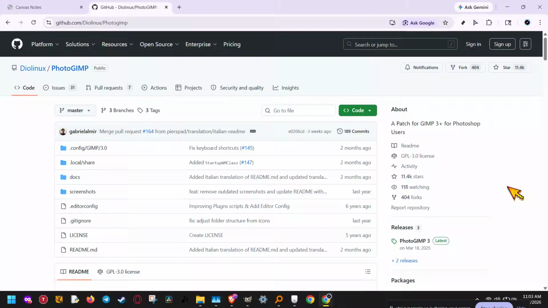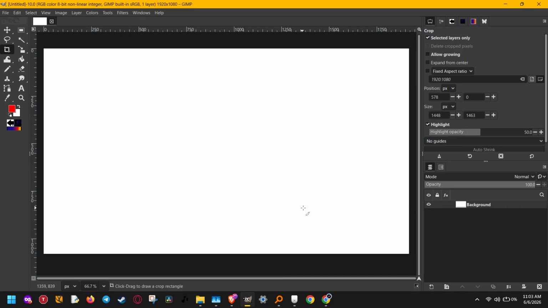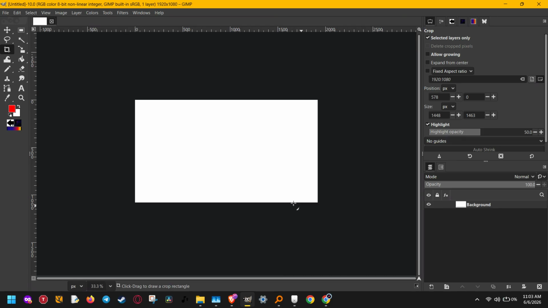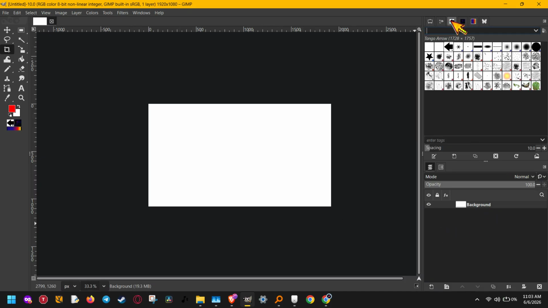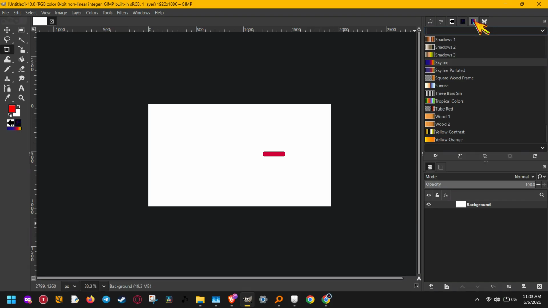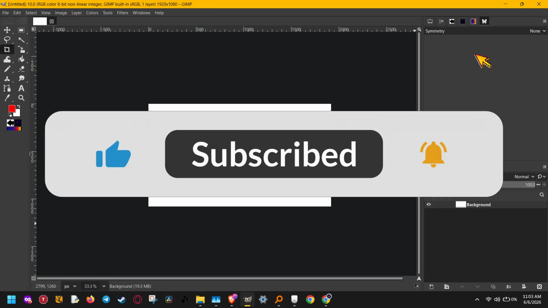If you've ever wanted GIMP to feel a lot more like Photoshop, this video is for you. In the next few minutes, I'm going to show you how to use GIMP like Photoshop by installing a free customization pack called PhotoGIMP. This is a super popular method because it changes the layout, moves tools into more familiar places, adds Photoshop-style shortcuts, and gives GIMP a cleaner, dark interface that feels much easier to jump into if you're